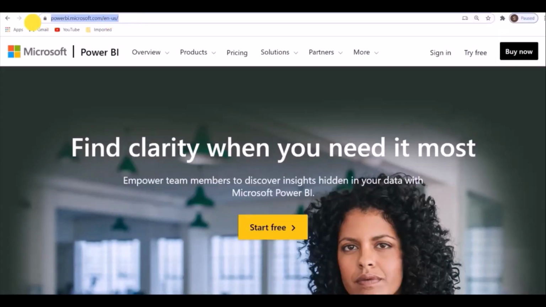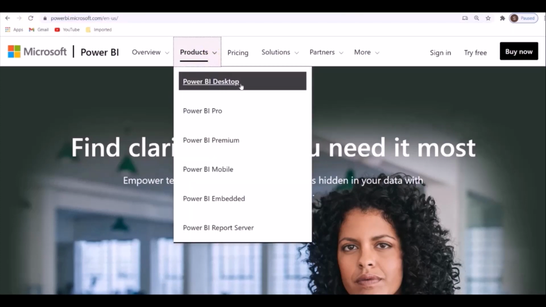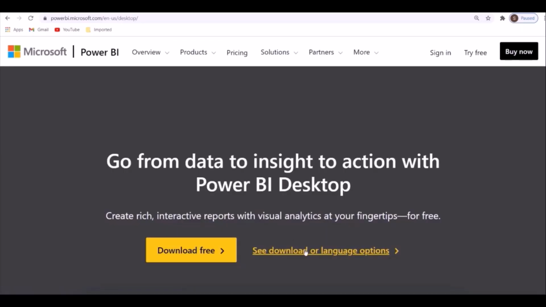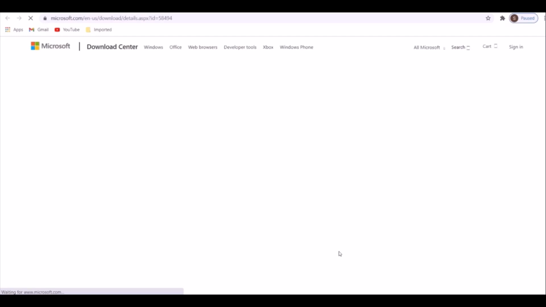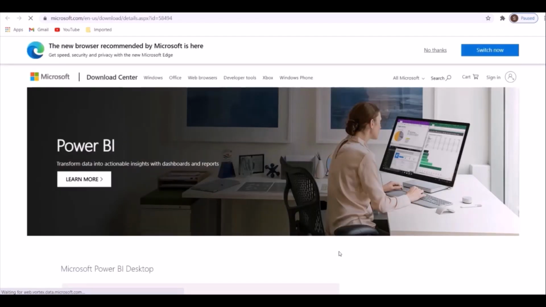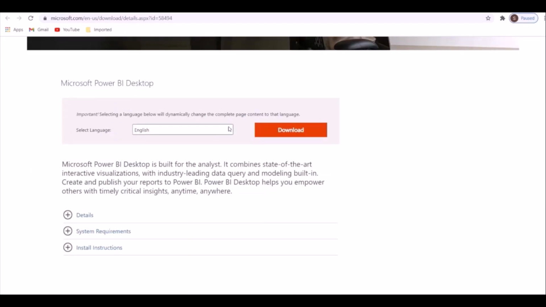Go to powerbi.microsoft.com, then go to products and Power BI desktop. Click on see download. There is an option to change the language also.